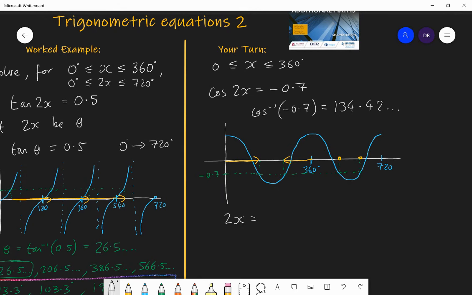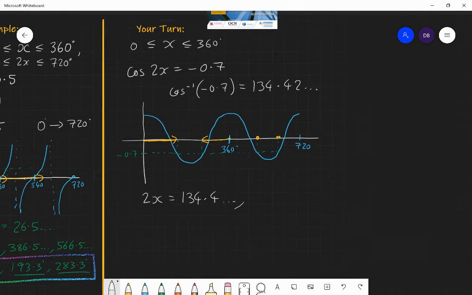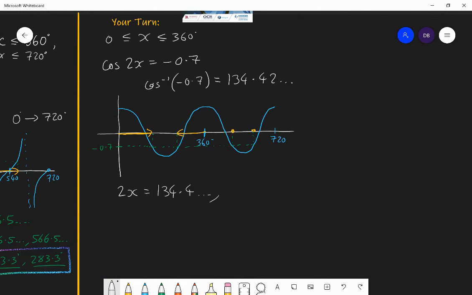134.4 dot dot dot. So 2x is either that, 134.4 dot dot dot, or the next one, 360 minus that, which is 225.5 dot dot dot. Next one, 494.4 dot dot dot. And the next one, 585.5 dot dot dot. And then when you divide by 2 to find all the values for x,